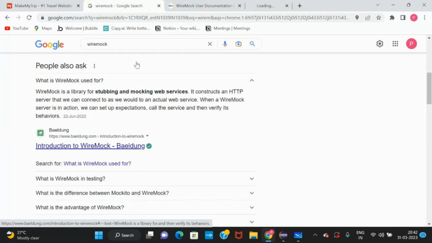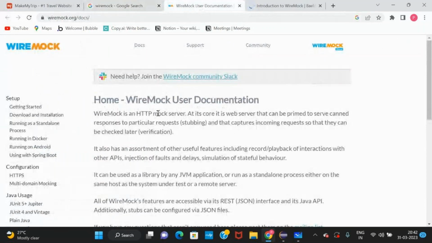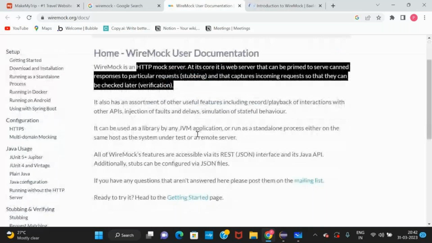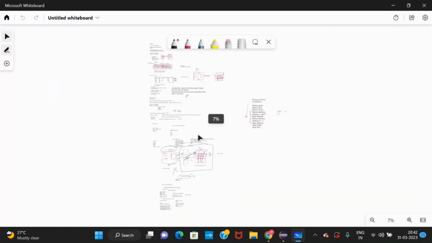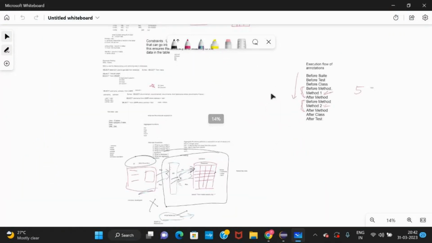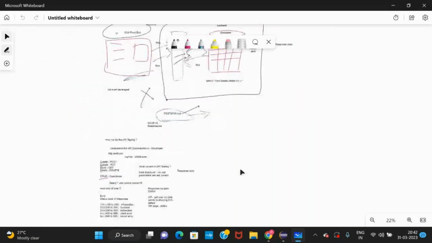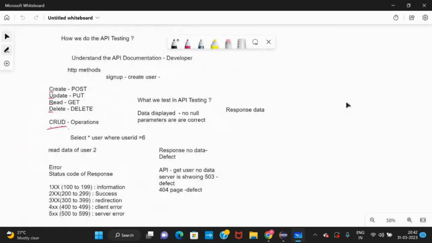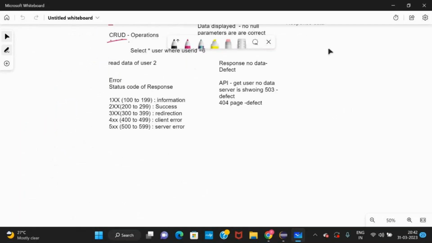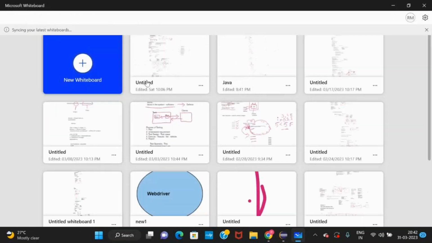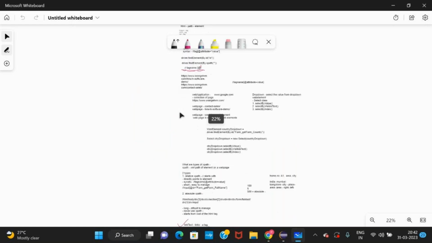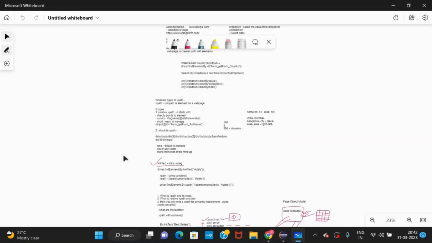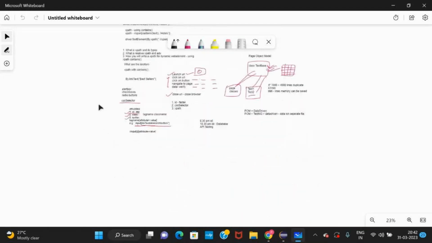Yes. It is an HTTP mock server. Mocking is when something is not available and we create a mock. What is a mock interview? Just for a demo sample, we give that. So mocking is something which is not available, and we perform the testing on it.